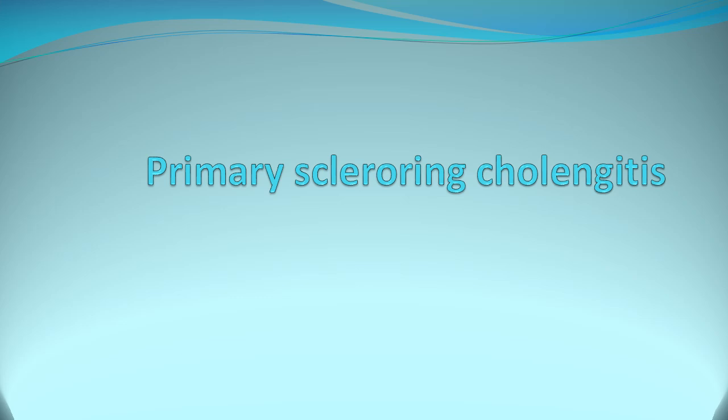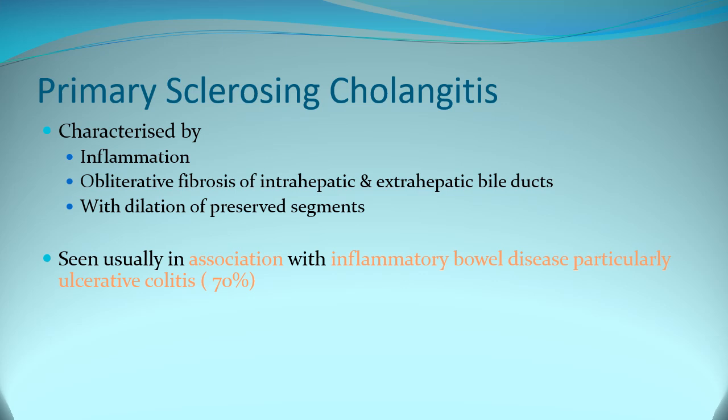Now, primary sclerosing cholangitis. It is characterized by, as you know, sclerosing cholangitis. Sclerosing means sclerosis has occurred, cholangitis means inflammation of the bile duct, itis means inflammation. So there is an inflammation of the bile duct with sclerosis surrounding the bile duct. Okay, so it is characterized by the inflammation of obliterative fibrosis of the intrahepatic and extrahepatic bile ducts, and